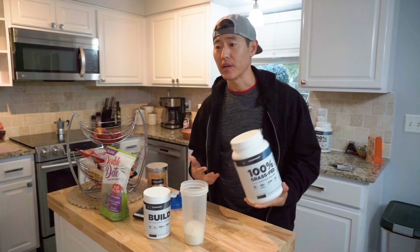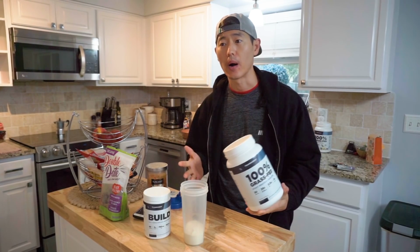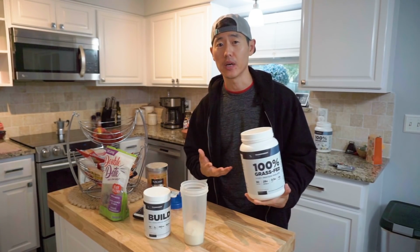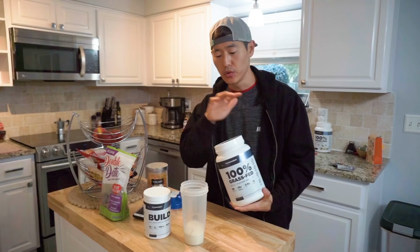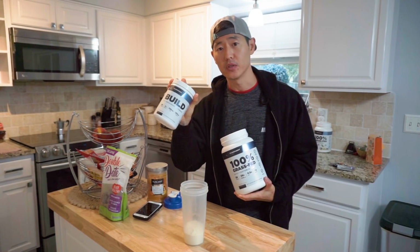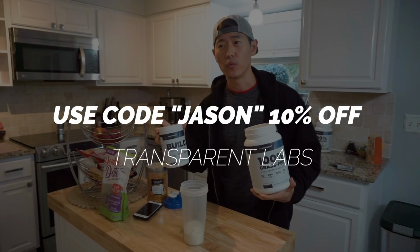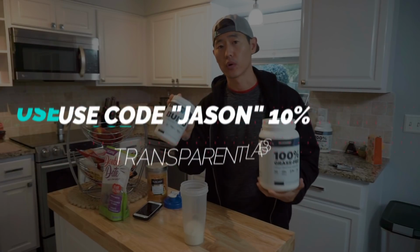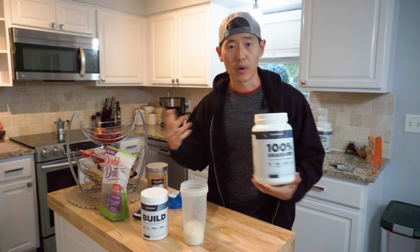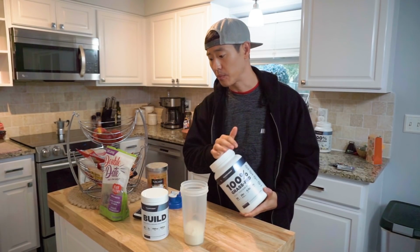Normally what I do in the morning, because I wanna get my workout in first thing in the morning and I don't wanna have to wait 1 to 2 hours before I actually have to go to the gym after taking a full meal in, what I'll normally do is I'll take 2 scoops of a whey protein isolate along with Transparent Labs Build. Now I just recently started taking this, probably been a few weeks, but this has definitely helped with recovery. And so I'll normally stack these two. Sometimes I'll put a pre-workout in, but we're gonna go ahead and do Build along with whey protein isolate, and